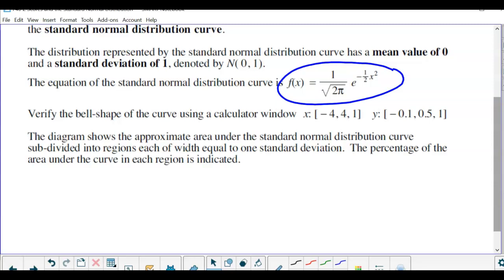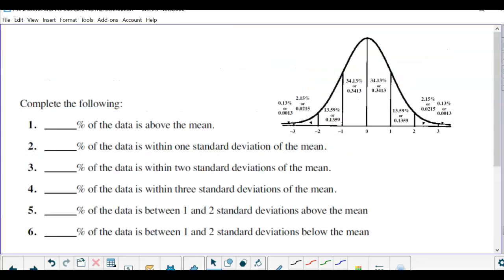Okay. So the diagram underneath here, I'll outline on the next page, shows the approximate area under the standard normal distribution curve subdivided into regions of equal width. Those are equally spaced. The percentage of the area under the curve in each region is indicated. Okay, and there it is. Yours is a little bit bigger. Okay, so that example